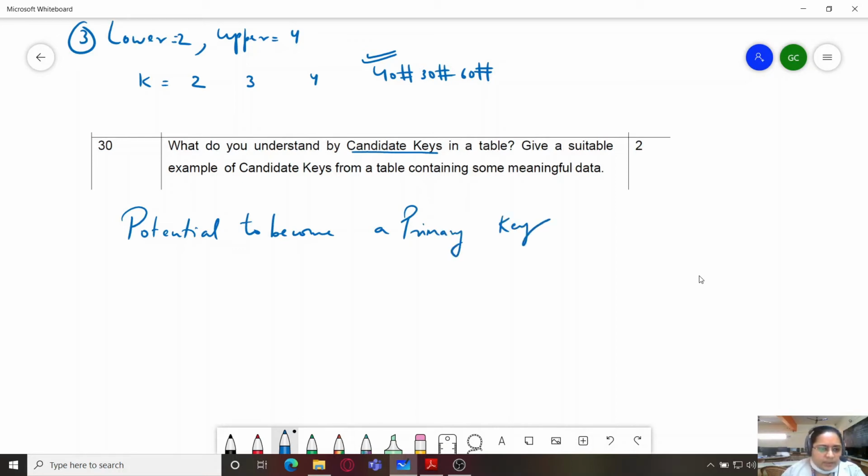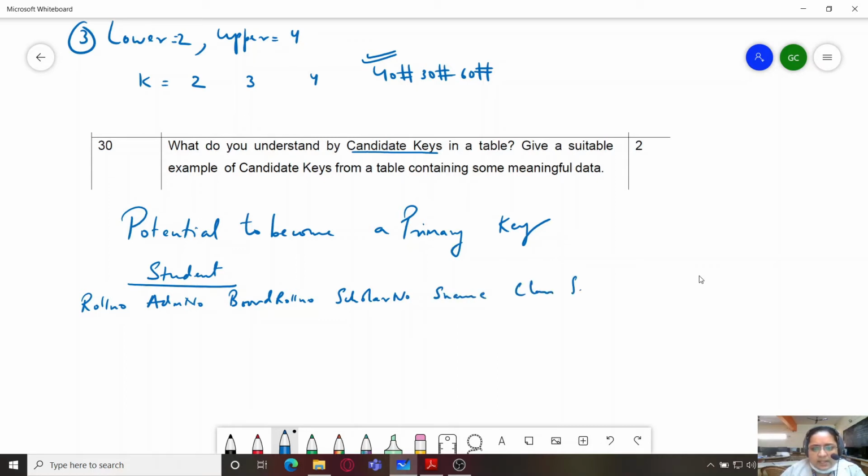For example, we have a student table and in this table we have some of the keys like roll number, admission number, board roll number, and scholar number, then the student name, the class, section, and so on.